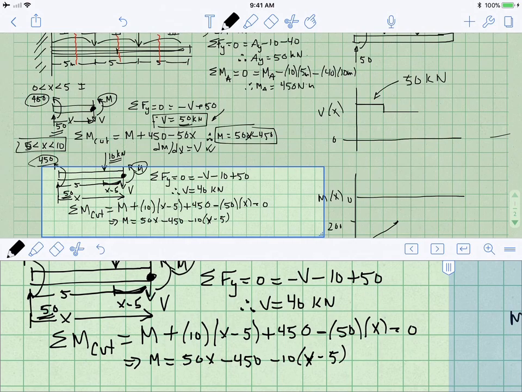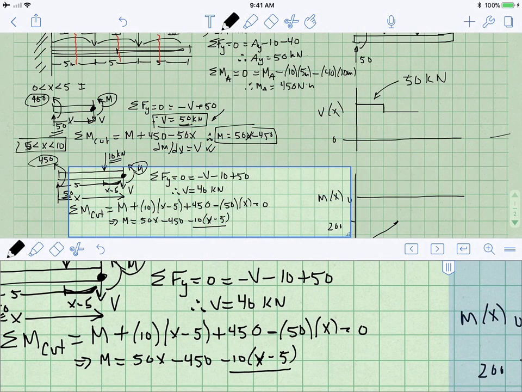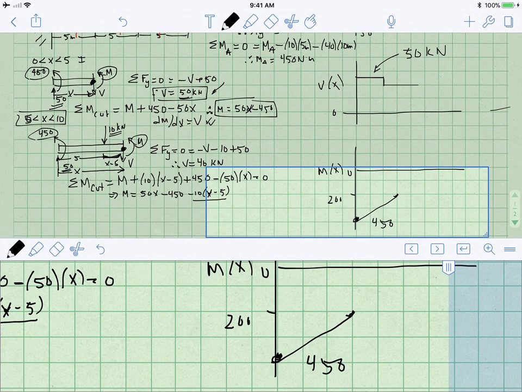So for example, if we plug in x equals 5, we can see that this term is going to go away, and we're just going to be left with 50x minus 450, which was what we had here, right? And that's a comforting fact, because a good checkpoint is to make sure that the moment pieces, as you start the next piece of the beam, have a correspondingly similar value, unless of course there's a couple or something applied at that particular point. All right, so